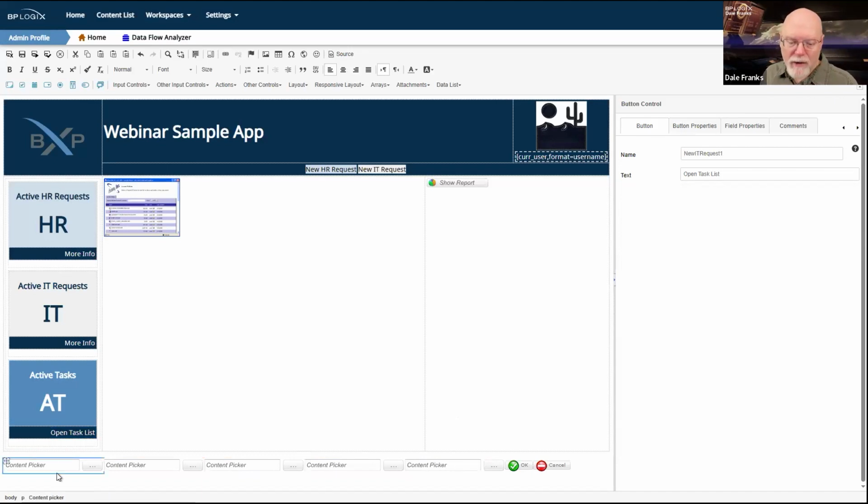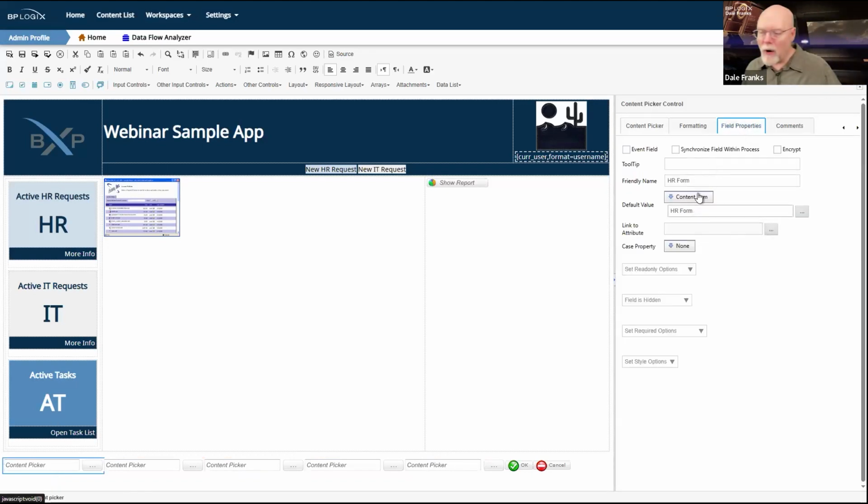And all of these object pickers, as I said earlier, just happen to be pointed using the default value to a specific content item. And the reason I'm using the default value is I want these content pickers to be filled every time the form opens. So every time a form instance opens, I want them to be filled.